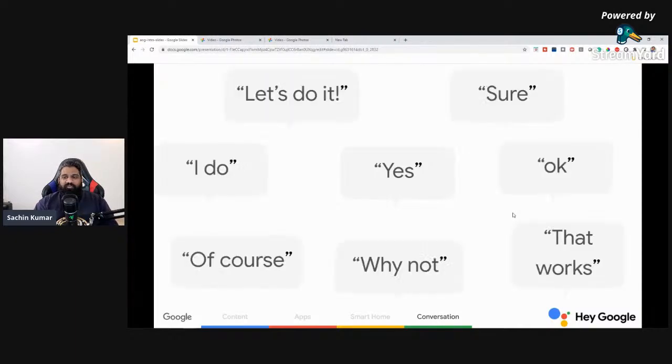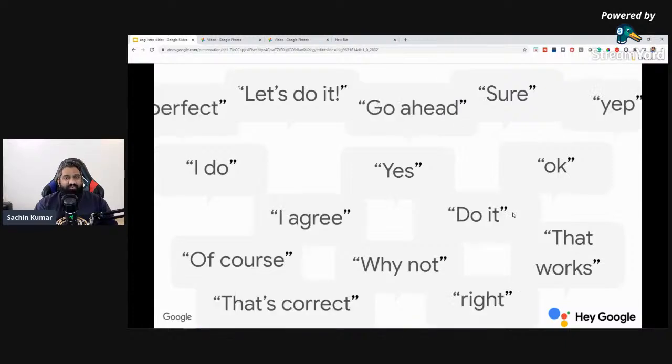But what if instead of just yes, the user says, "Okay, let's do it," "I do," "Of course," "Why not?" "Sure," "Okay, that works." And what if from there we have much more, like, "Go ahead," "Perfect," "Okay," "Yep, that works." So